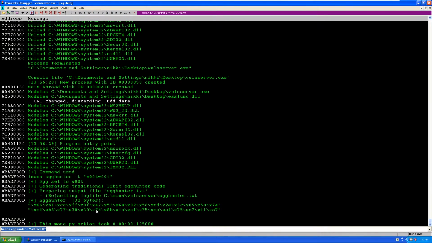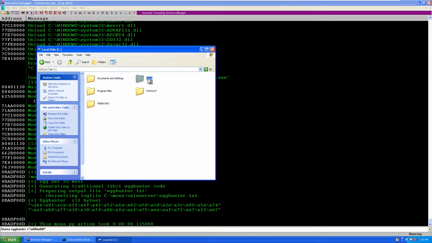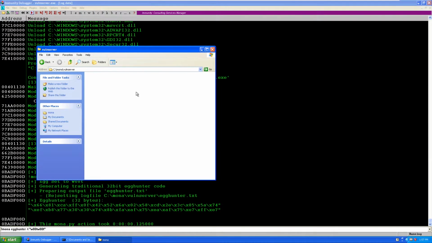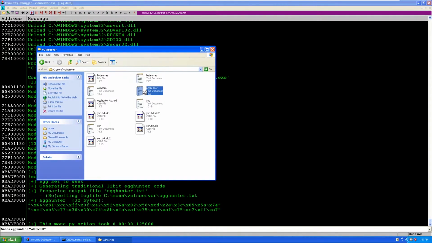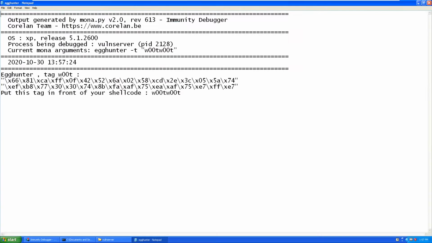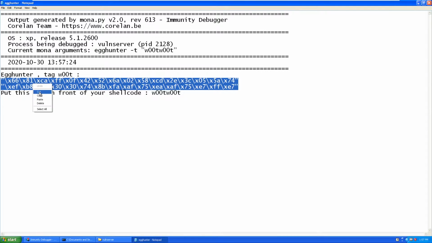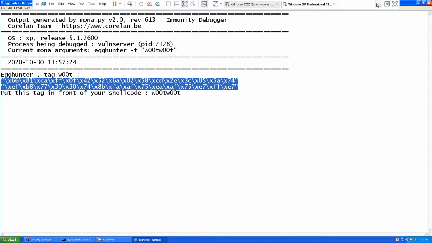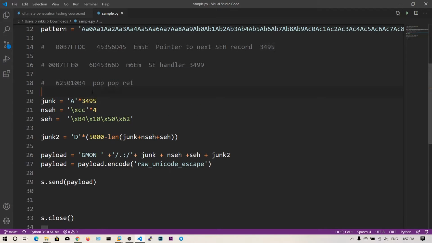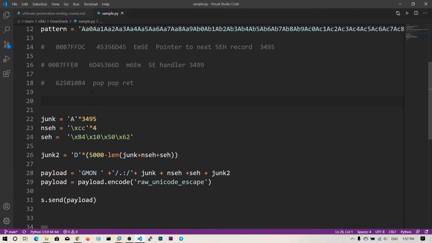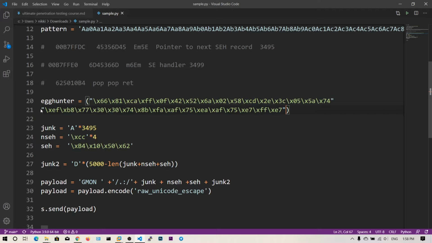So now my egg hunter has been generated. Let me go to My Computer, C drive, Mona and oneserver, and you can see the egg hunter here. So let me copy this one, and let's say egg hunter is equal to, and paste this one.